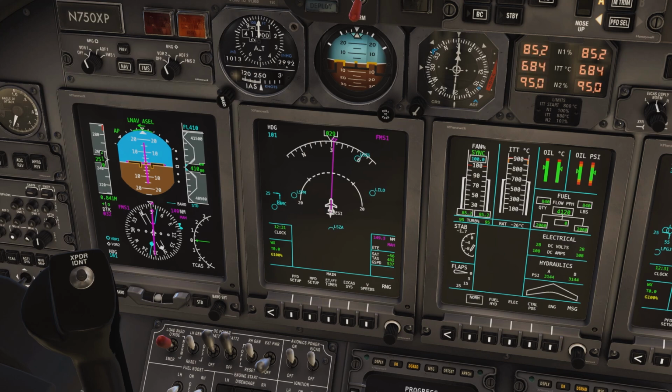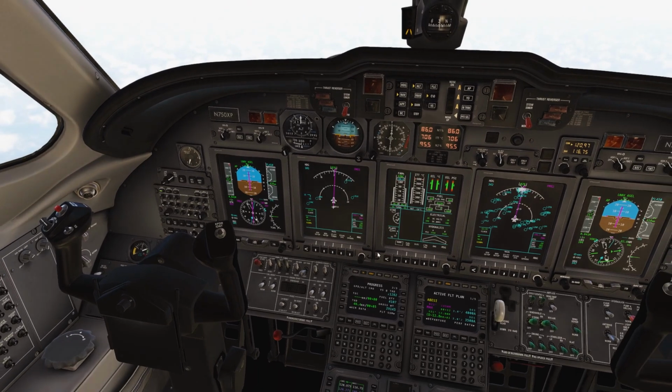And if you want to maintain that speed, you need to juggle your N1 very carefully. You can see me experiment there. I'm going back to 8.4. That was not enough. I saw the speed go down, so I'm now going back to 8.6, and that makes my speed go up slightly, so I reduce it just a tiny bit, and then enter an area of speed stability where speed may go up to 251, 252 indicated, but then just top out, and I can cruise and